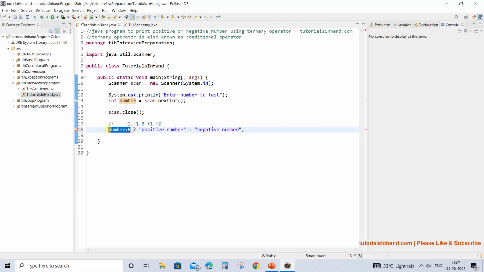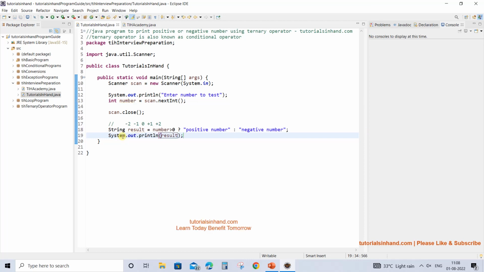For this condition turning true, anything which is after this question mark is going to get executed, and for false, any statement that is after this colon is going to get executed. Now it will return a string value that you have to hold somewhere. So let's declare a variable named result that will hold this string value that will be returned, which is positive number or negative number. Okay, so we have got the logic.